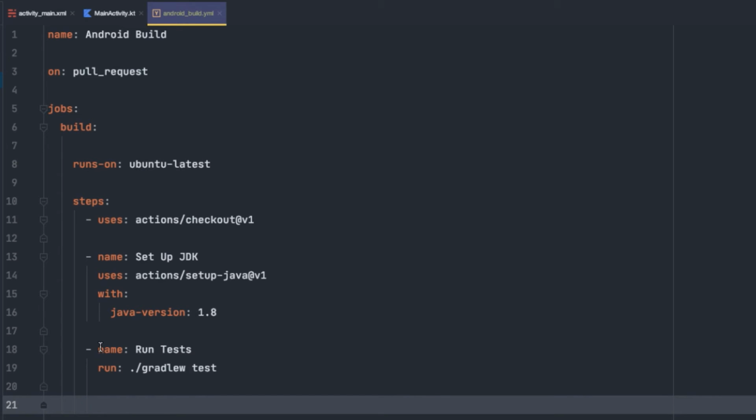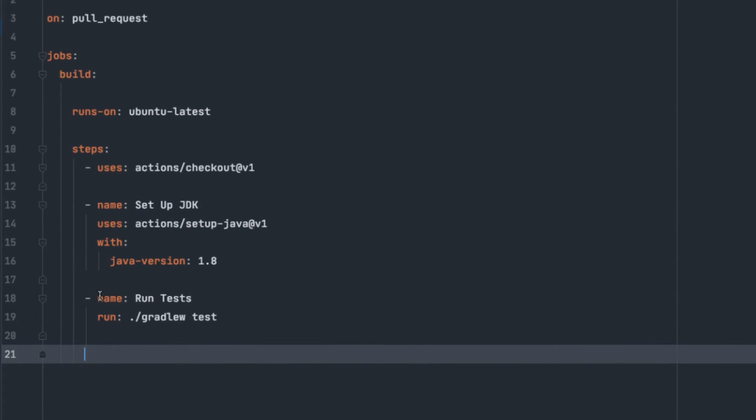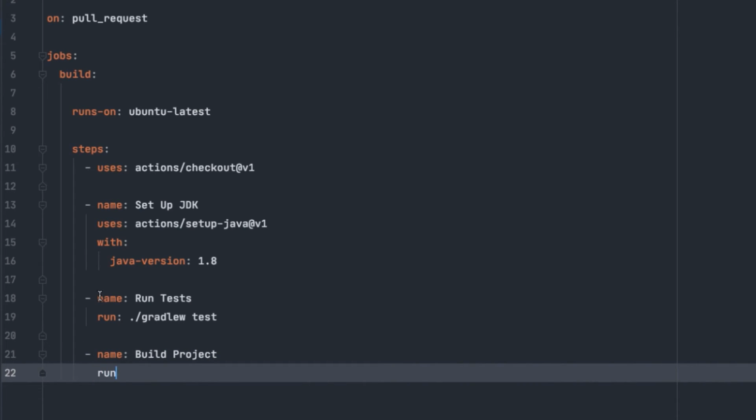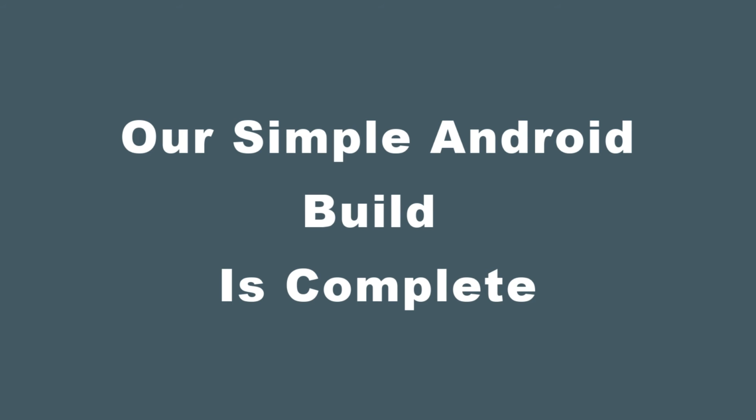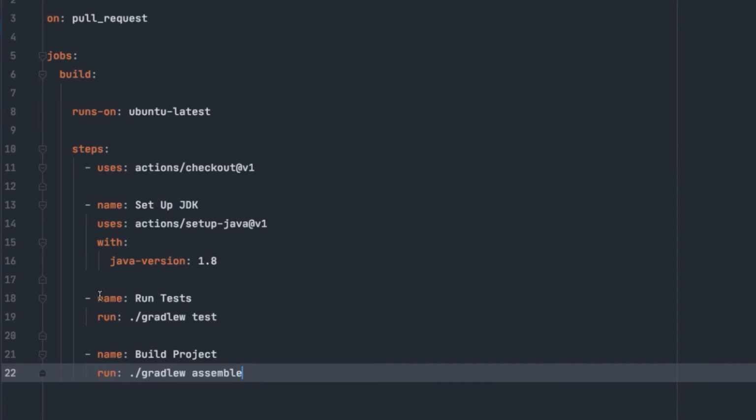And now we can move on to actually assembling our application. So now we'll again create a new task here, this time called build project. Then we're going to define our run task. And in this case, it's ./gradlew assemble. And so this is going to run the assemble Gradle task for this project. And now that's really it. We now have a valid GitHub Actions workflow that will validate our tests and build our Android app anytime a